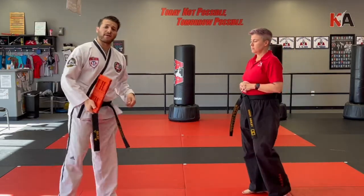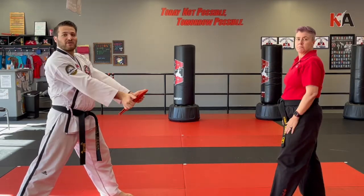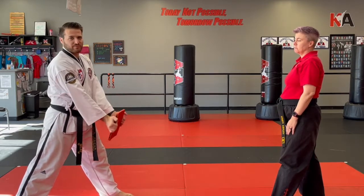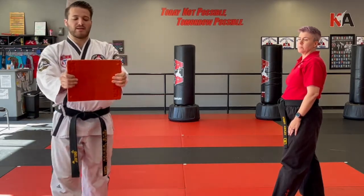Okay, to hold that correctly, you're gonna stand, lock your hands out. It's gonna be roughly at an angle, okay? And you want the board behind your chest. If it's like this, you can't really hold it correctly. So you hold it. The last thing is when you do it, you want to give it a slight give,